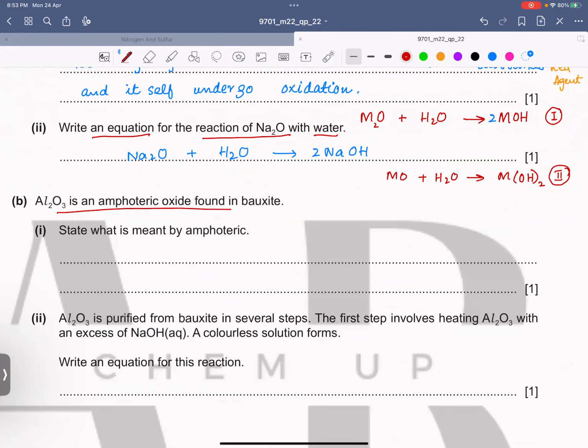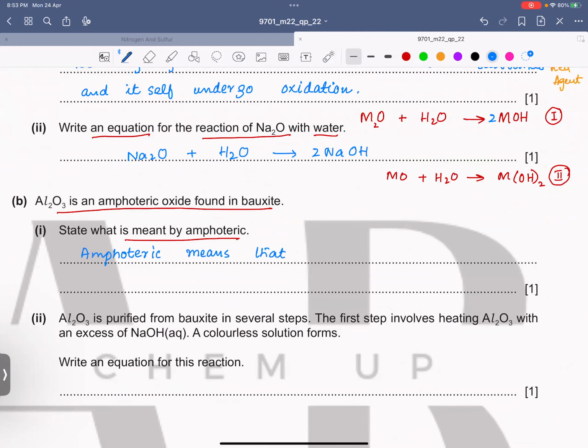Aluminium oxide is an amphoteric oxide found in bauxite. State what is meant by the term amphoteric. So, it can act like a base and an acid. Yeah, good. Amphoteric means